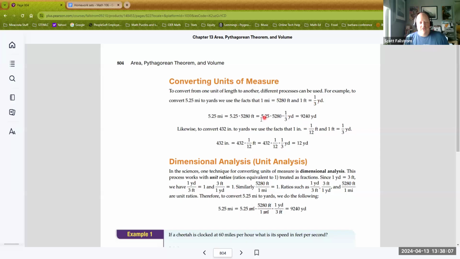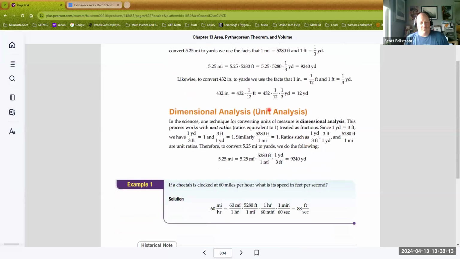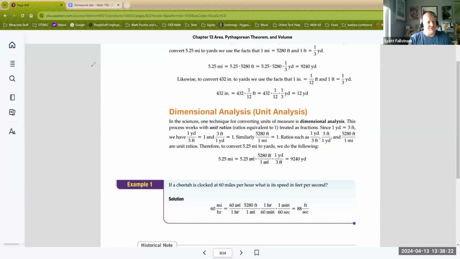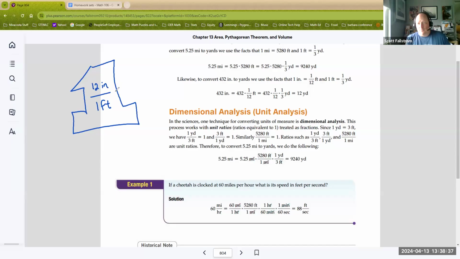So converting units of measure, what we can see is the way they're doing it is they're just doing a straight multiplication. I believe the best approach is what they do second, which is called dimensional analysis, which is creating unit ratios. And again, a unit ratio is a ratio that's equivalent to 1. So when you write the number 1 in like a big fatty number 1 like this, you're going to create a fraction with the same thing on top and bottom. It could look like this: 12 inches on top, 1 foot on the bottom. And the reason is that those two are equal. Those are the same, and therefore this creates 1 unit. Okay, the unit is the number 1. So you need everything equal to the number 1, and then as you multiply,